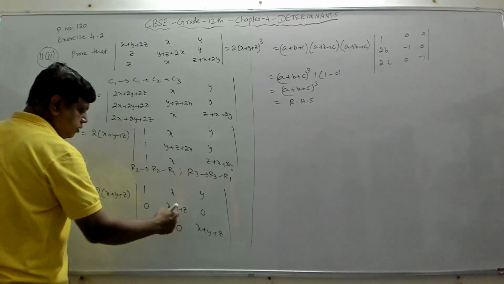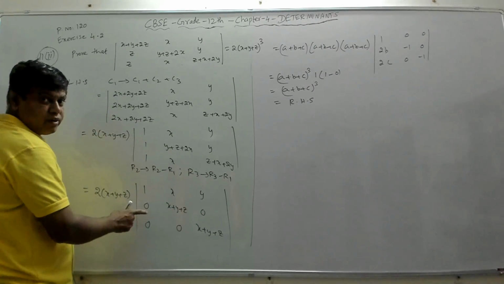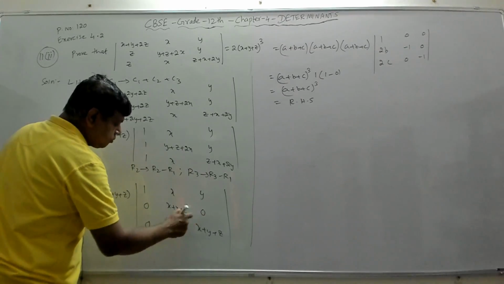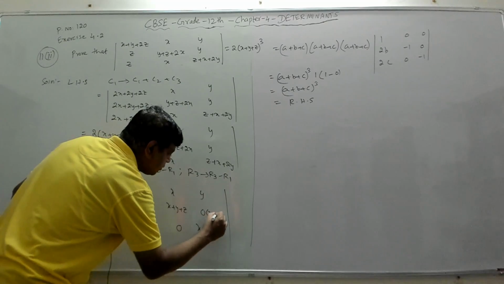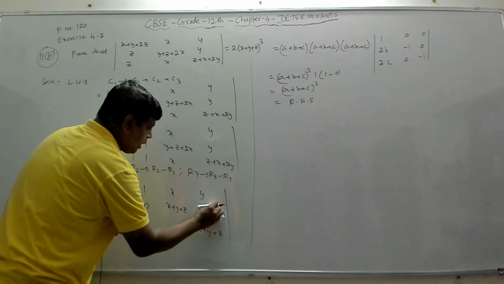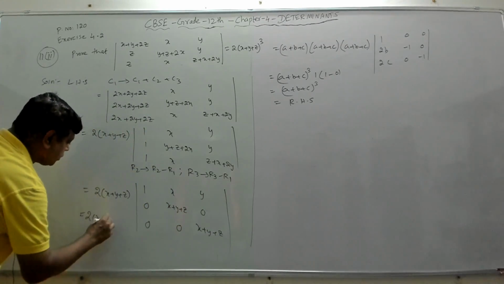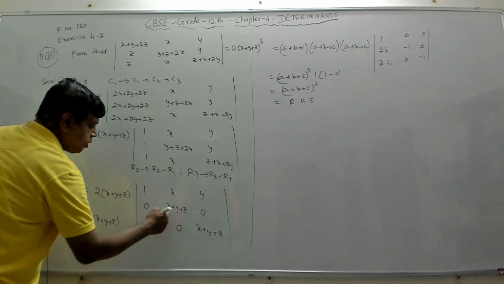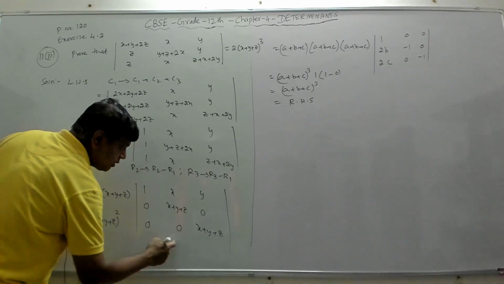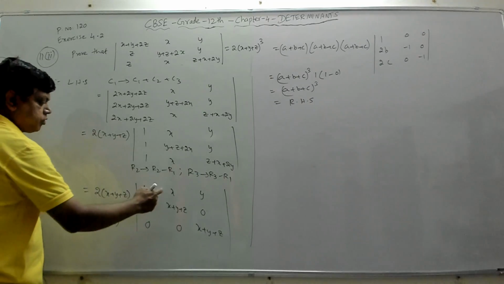Now again, if you observe, from the second row, x plus y plus z is common. 0 means x plus y plus z is there. It can be written as 0 into x plus y plus z. 0 into x plus y plus z is 0. Similarly, I have here also, which means that can be taken out. So it will become 2 into x plus y plus z. Then 1 x plus y plus z from the second row I am taking out. So that will become square. Again, one more x plus y plus z I am taking from the third row. It will become cube.